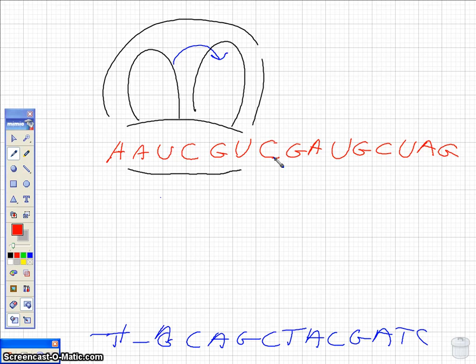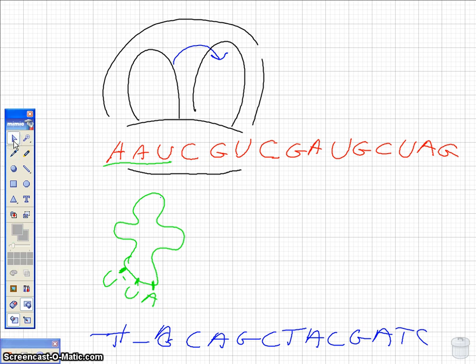What's going to happen first is a transfer RNA, let's show those guys in green, is going to appear and lock into this first spot. Now every transfer RNA is different. It'll have kind of a funny shape. I draw them like this, but how they actually look is the subject of a little bit of debate. And at the bottom here will be 3 letters, 1 word, but it's the anti-word, or the anticodon, for the 3-letter word on the strand. So we got AAU there. That will be a UUA